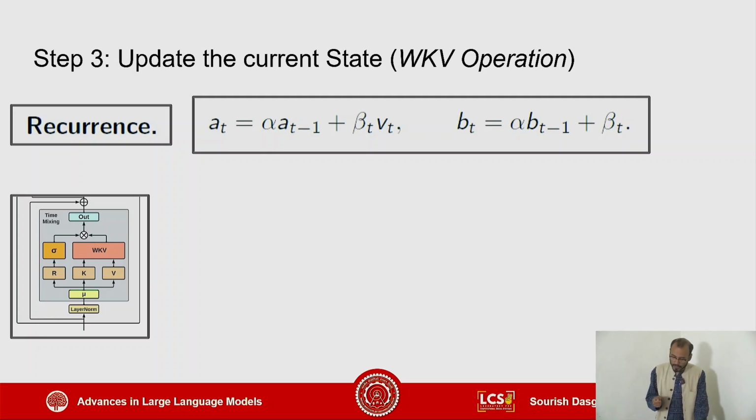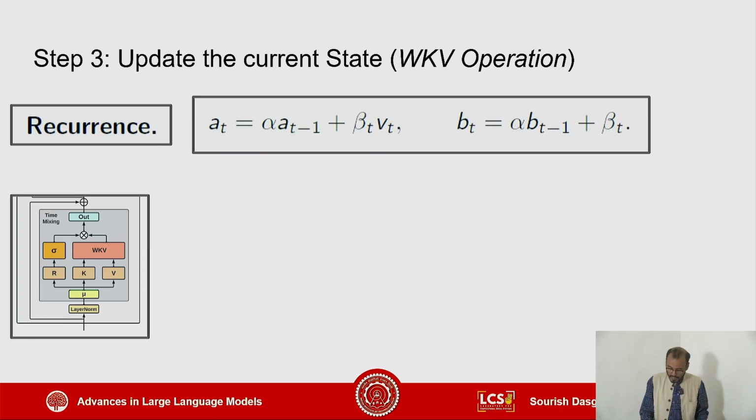So let's say that is the prior state, and you apply alpha to that, which means you want to decay that. You want to decay the effect of that state, right? And then you apply beta to the v. Why? Because beta is the update gate. So the update gate is applied on what? On the actual value, because that is the percentage that you need to bring in, percentage of v, just similar to transformer, right? So the percentage will come from the beta. I'll show you how.